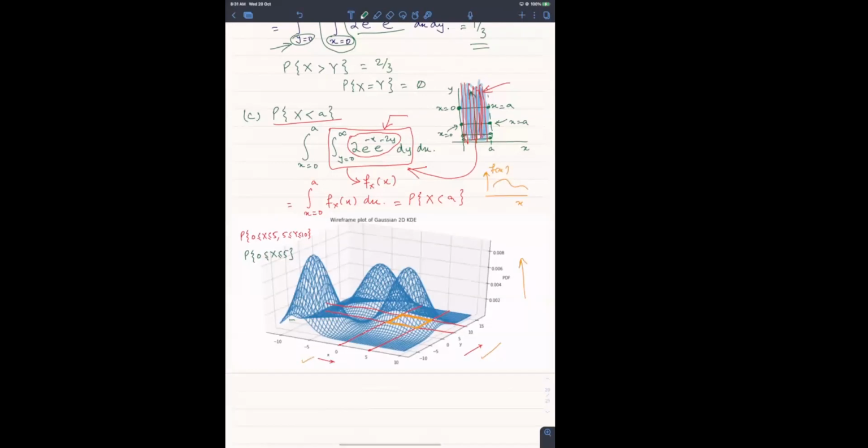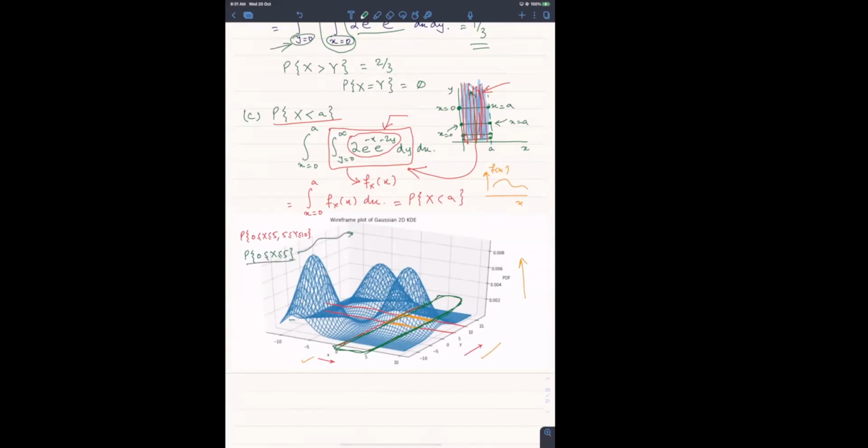अब ये मैं green color में draw कर रहा हूँ। X is 0 here and x is 5 here. So I have to integrate over this entire region going from 0 to 5, and y going from minus infinity to plus infinity. Okay. So ये सारे region के ऊपर, ये जो green पूरा हमने शो किया हुआ है, इस पूरे रीजन के ऊपर आपने इंटीग्रेट करना है, इस पूरे रीजन पे इंटीग्रेट करना है।